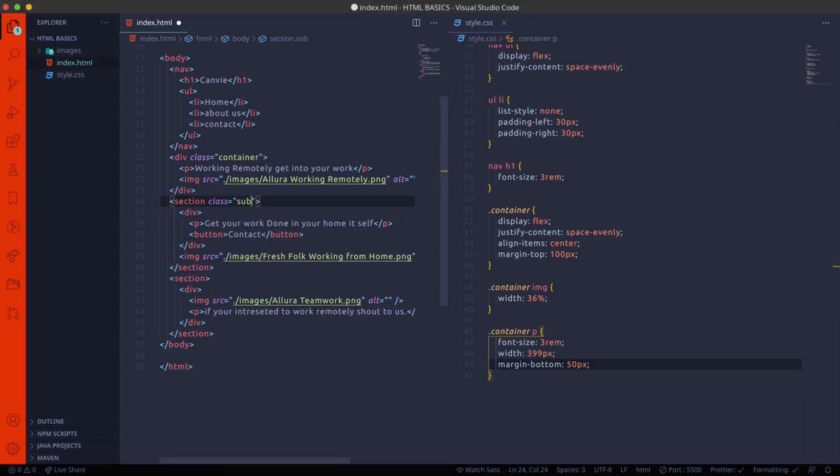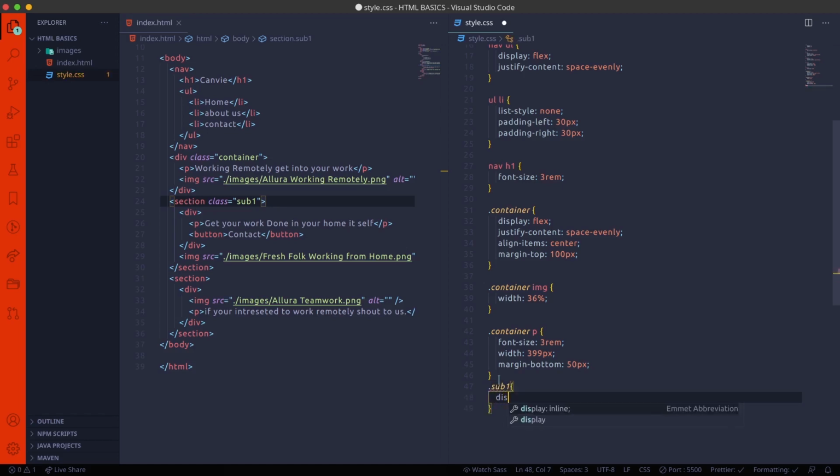So here I'm referencing that sub1. Now again the same. I want the content to be on both sides, face to each other. Now I'm referencing sub1 and the display property to be flex.